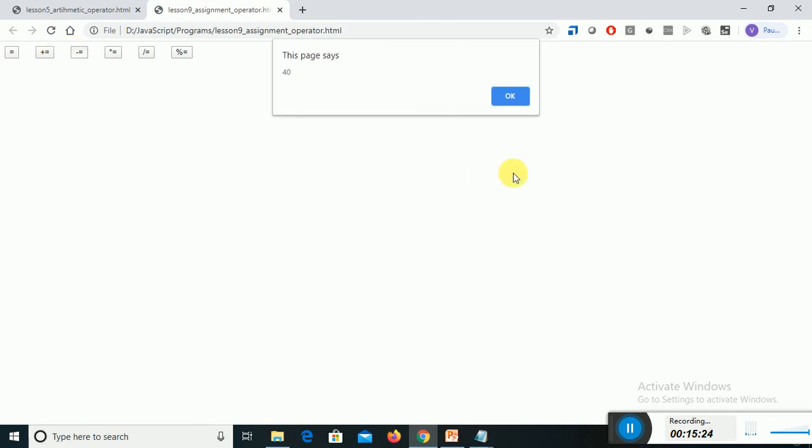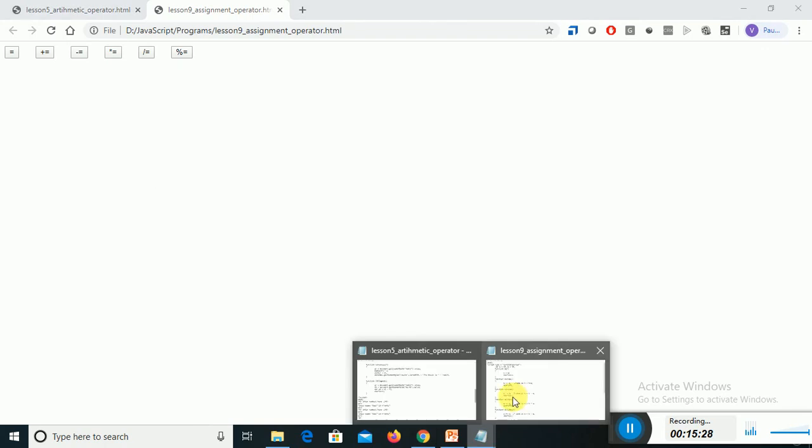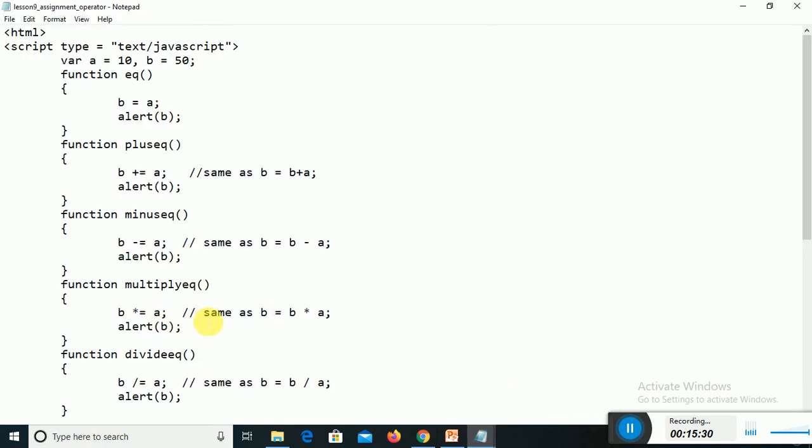Next one is something called ternary operator. This is functionally similar to C language and Java and all. I'll be declaring a variable here and I'll be giving a condition. If this condition is true, it will take this value. If the condition is false, it will take this value. For example, age is less than 18. If age is less than 18, it means too young. Otherwise, it is old enough. So based on this condition, if the condition becomes true, it takes the first value, otherwise it will take the second value.